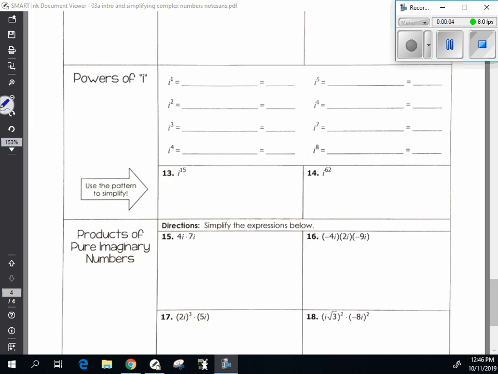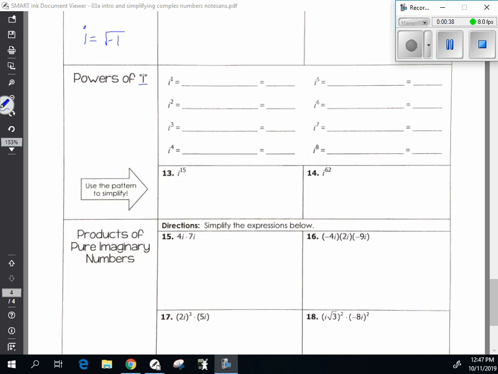Didn't break your brain during class, but I wanted to revisit these notes on powers of i for imaginary. The first thing, when you're simplifying expressions with i, the biggest thing you need to know is i is the same thing as the square root of -1, which we talked about in class. When you're simplifying the powers of i, there's another important thing. So I'm going to go through these notes, and then we'll talk about what happens when you simplify these powers